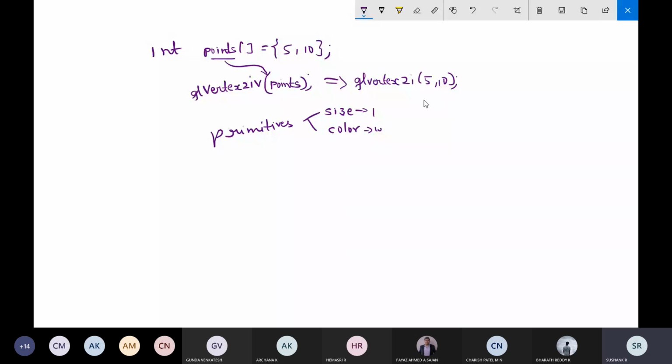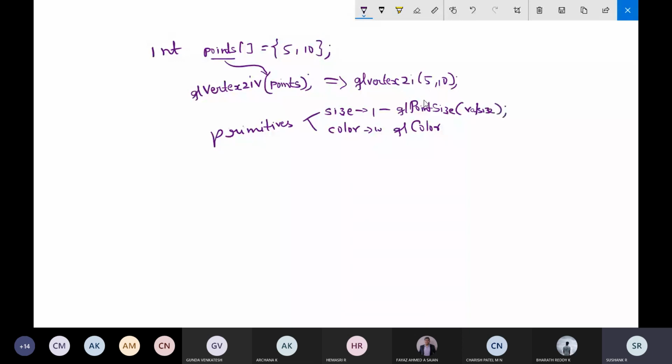If you want to change the color, you can use the glColor function, and for changing the size, you can use a function called glPointSize.